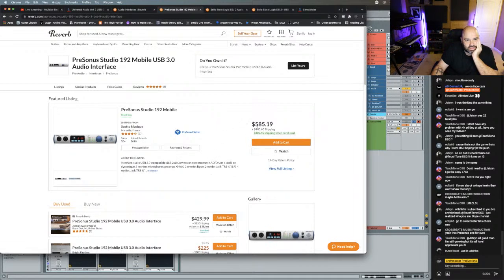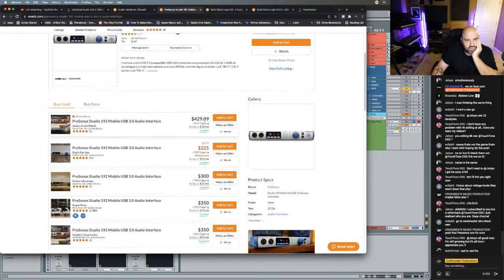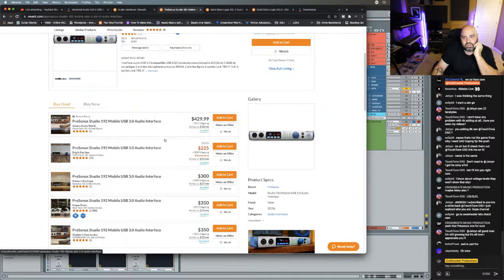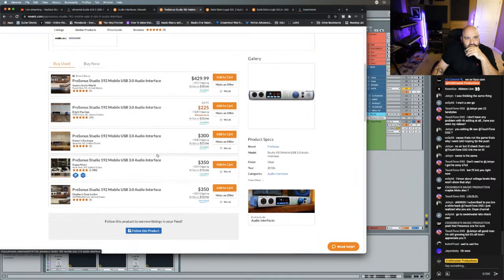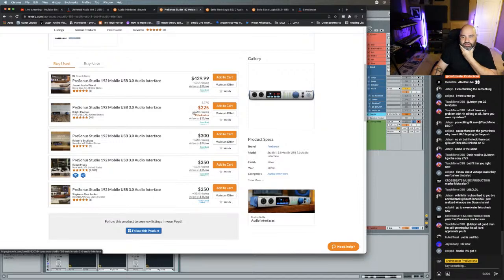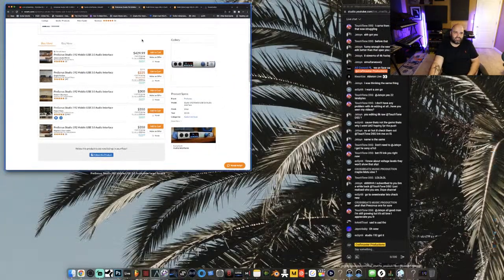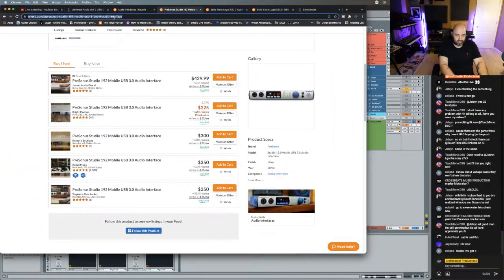This is a $600 interface new, and somebody in Bright Pavilion, North Carolina, is down bad, and they're willing to give it up for $225.